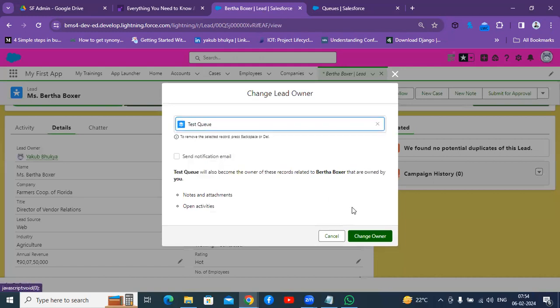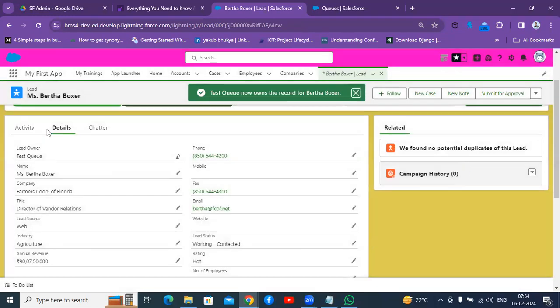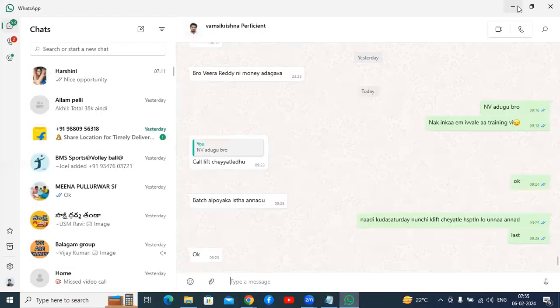Test queue. So if we change the user to a queue, then whoever the users present in this queue, they can all access this record. Not only can they access it, they can modify any field from this object, though this object's OWD is private.